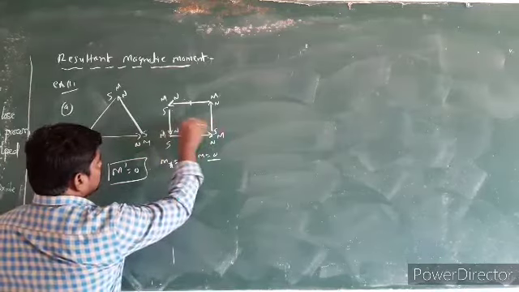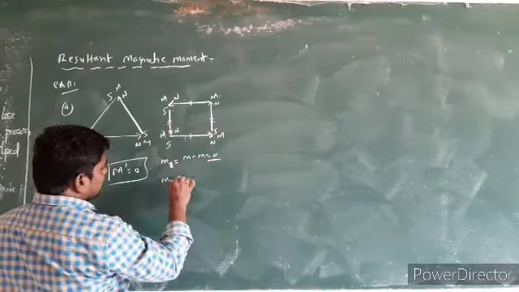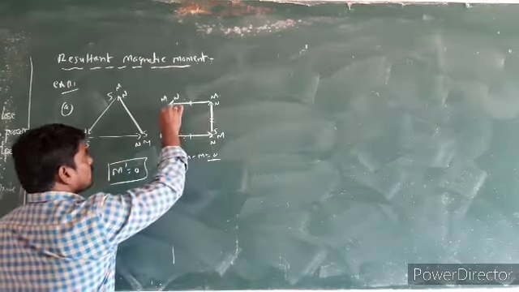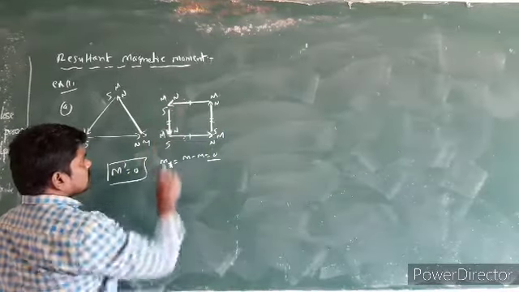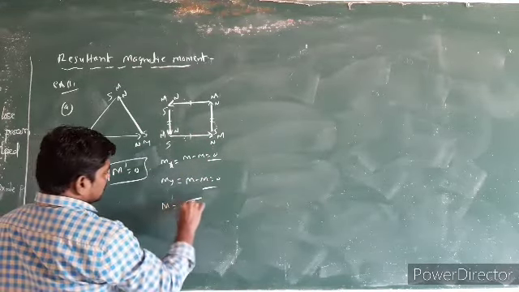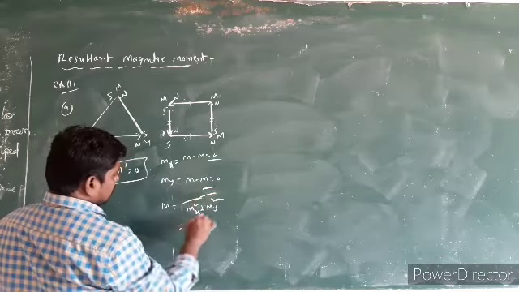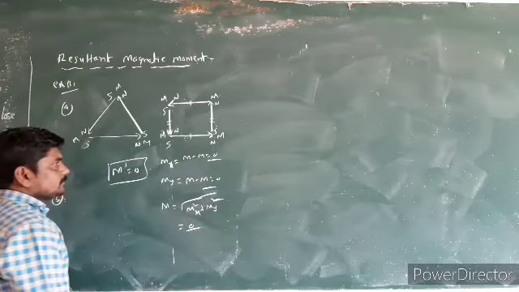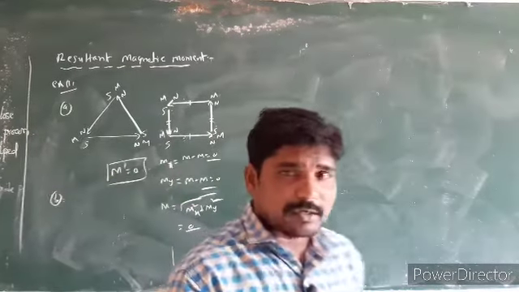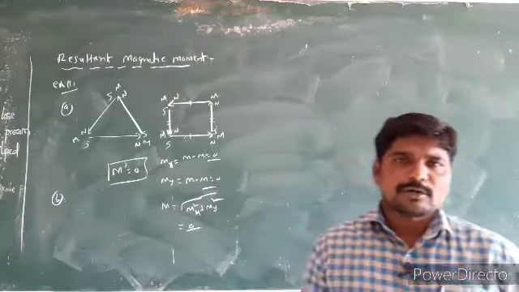Similarly, if you consider these two magnets, these two are along the y-axis. Therefore, the net magnetic moment along the y-axis: the magnetic moment of this is upwards, and the magnetic moment of this is downwards along the negative y-axis. Net magnetic moment is m minus m, equal to 0. Therefore, the resultant magnetic moment, we know, is root of mx square plus my square, that will become 0. Not only for this shape, for any shape, if you arrange identical bar magnets with unlike poles in contact to form a closed polygon, the net magnetic moment of that arrangement will become 0.